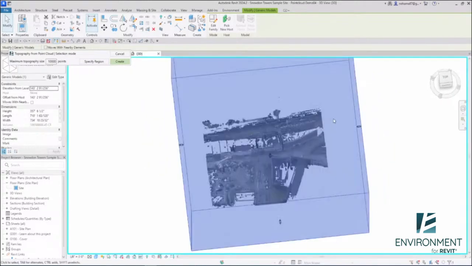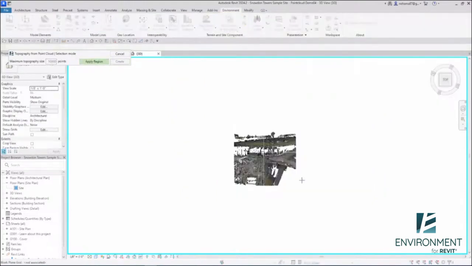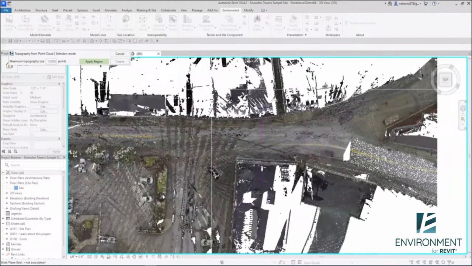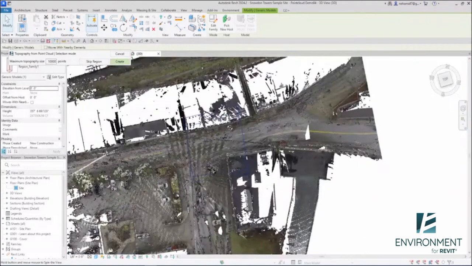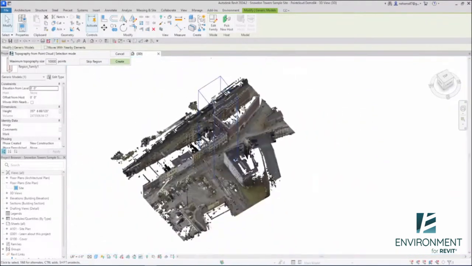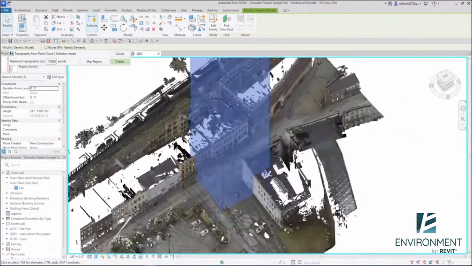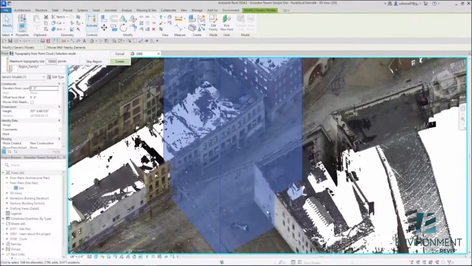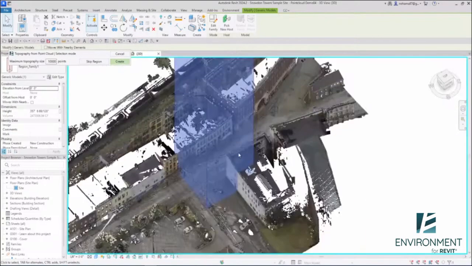So for the sake of this example, I'm going to specify a region. Let's say you don't want to use the entire point cloud. Let's say that your design is only in a specific region. I'm just going to define this region over here. I'm going to take this small section and click on apply region. So there you can see this three-dimensional thing that allows you to see what part of the point cloud is included. And you can see that I intentionally included some of the buildings